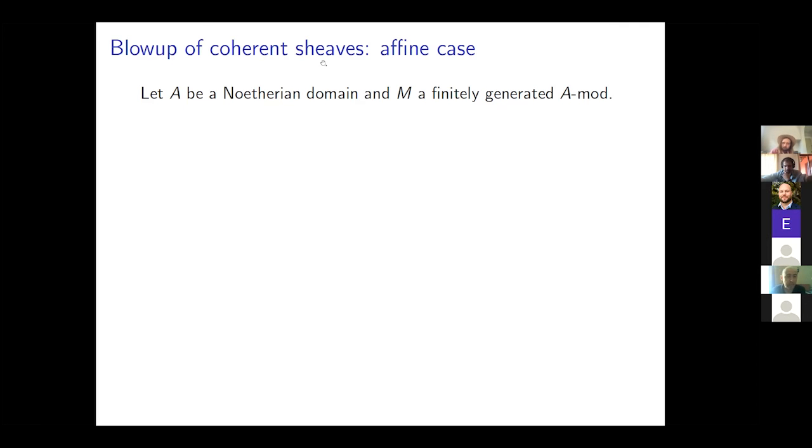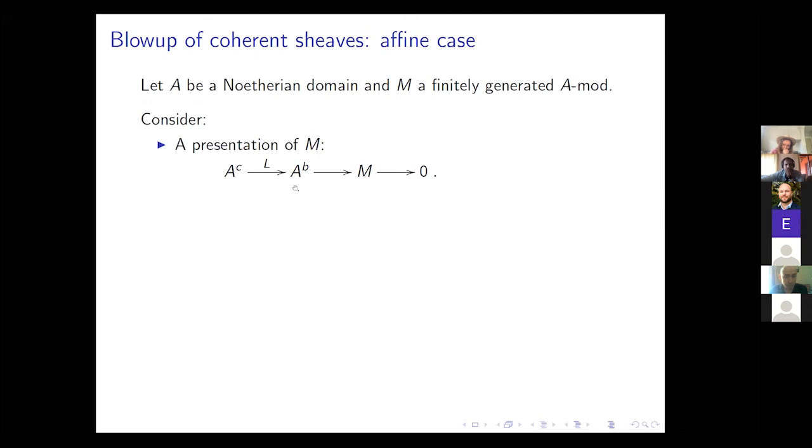I was discussing how to compute the blow up of coherent sheaves in the affine case. In this context, we have a Noetherian domain A and M a finitely generated A-module. Now we need the following ingredients. First we need a presentation. So we're back to the general case. We need a presentation of this module,